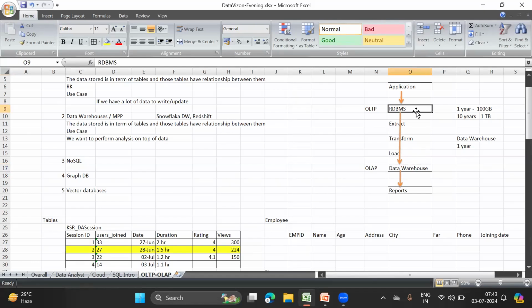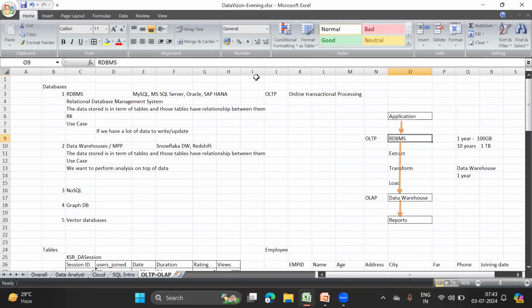Whereas RDBMSs are OLTP, and these databases are designed for faster transactions: to store data very fast, update data very fast, insert data very fast, or delete data very fast. So that is why we call these different types of databases purpose-built databases. Whatever purpose you have, you will have to choose a specific database or data warehouse.